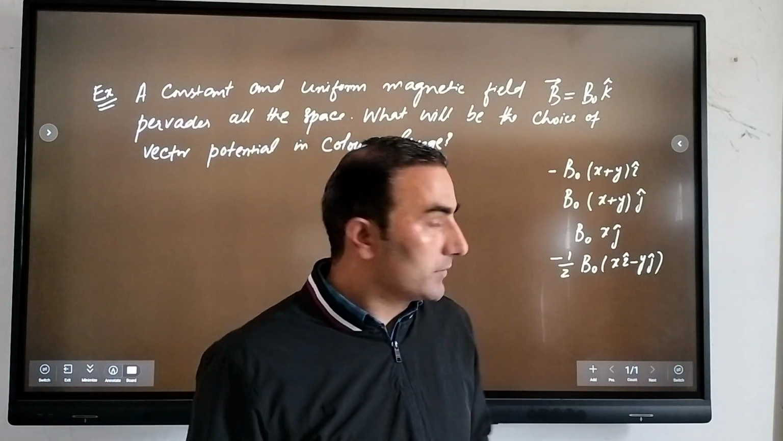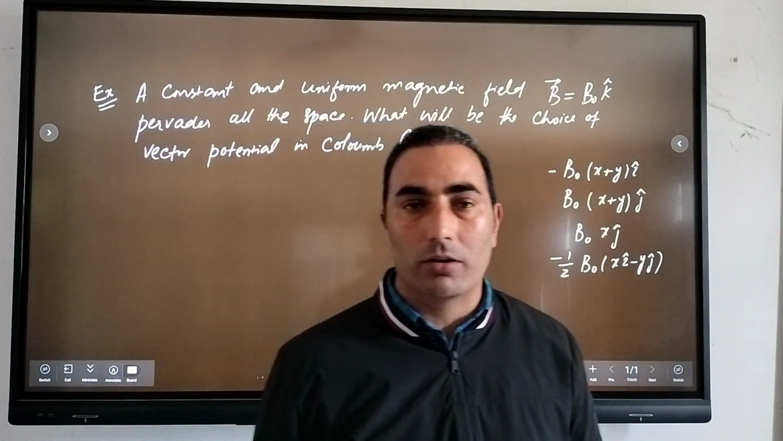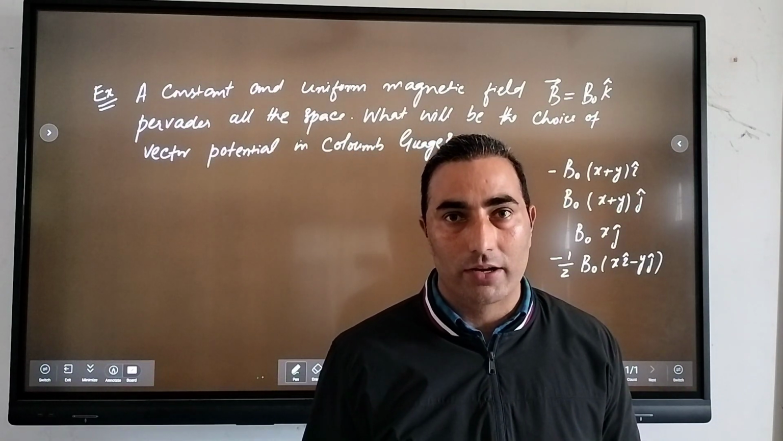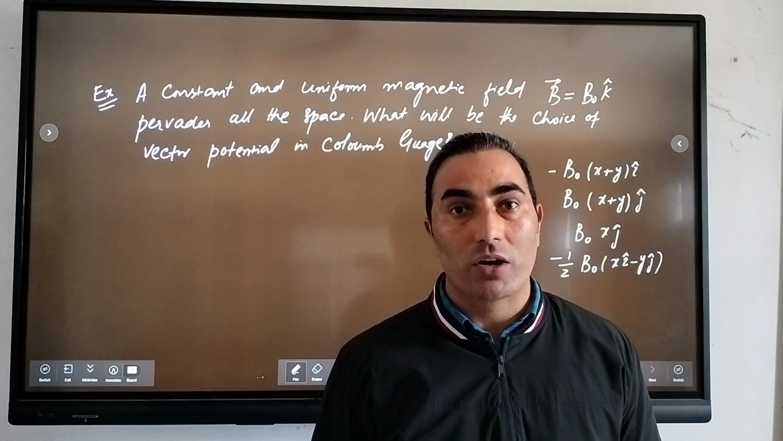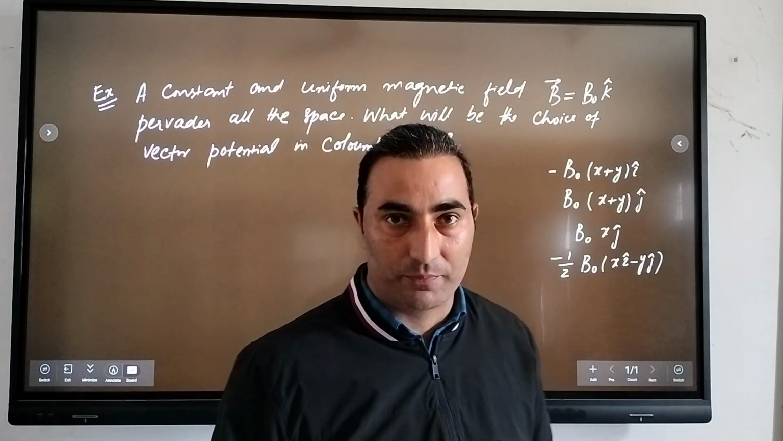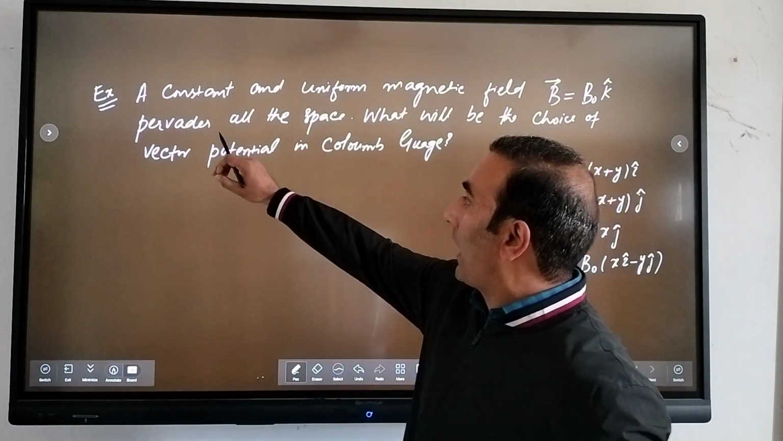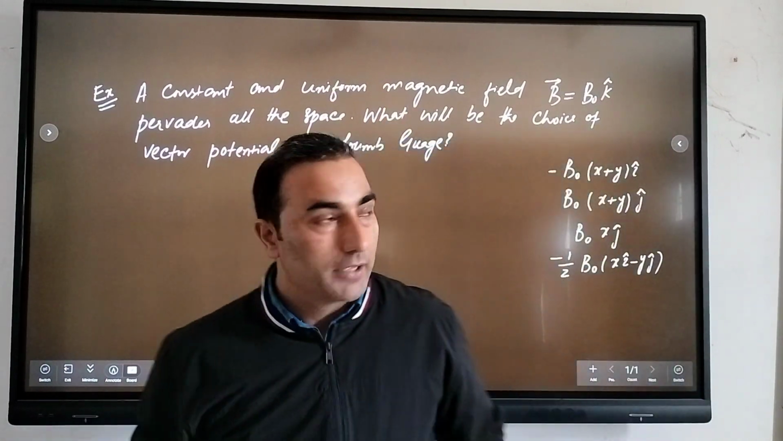हेलो डियर स्टूडेंट्स। जो आज का हमारा टॉपिक है, तो आपने देखा होगा जो हमारा प्रीवियस लेक्चर था। So we have discussed about the Lorentz and Coulomb gauge, and today we are going to solve one problem on Coulomb gauge, right? तो आपको suppose we have a problem that we have this constant and uniform magnetic field, that is B